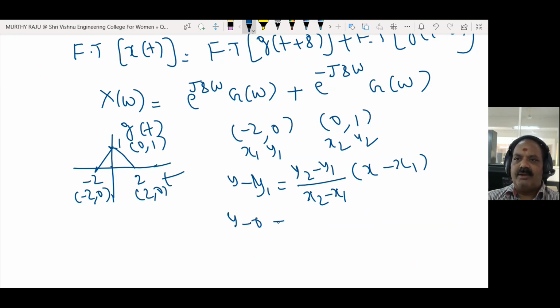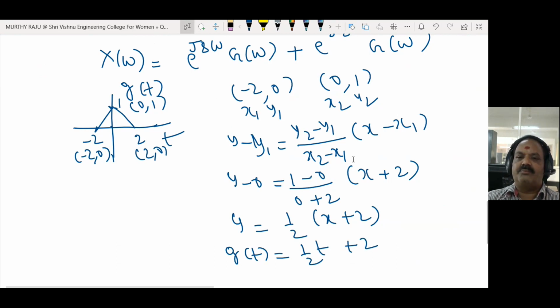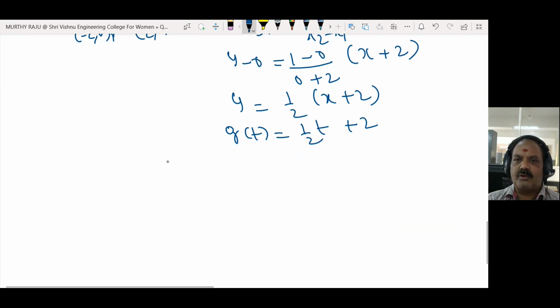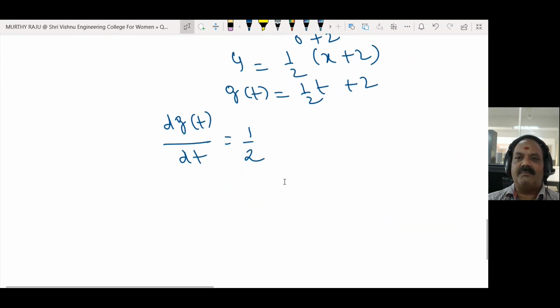y minus 0, y2 is 1 minus y1 is 0, x2 is 0 minus 2, x minus x1 is plus 2. Therefore, y is equal to 1 by 2 x plus 2. Y is g of t, x is t. Find out the slope. Slope means dg of t by dt is equal to 1 by 2. And similarly,